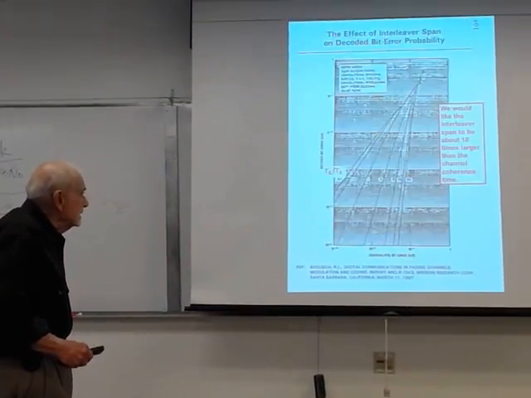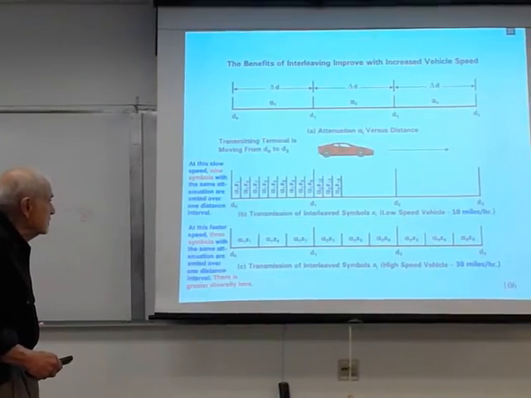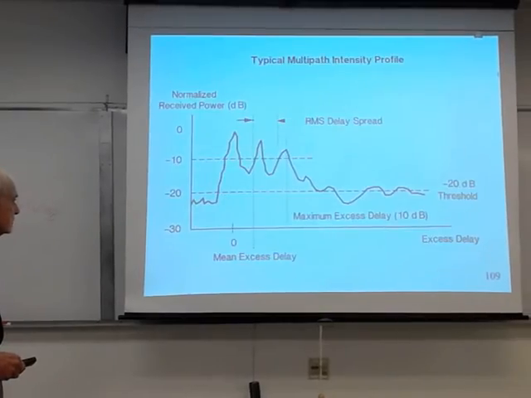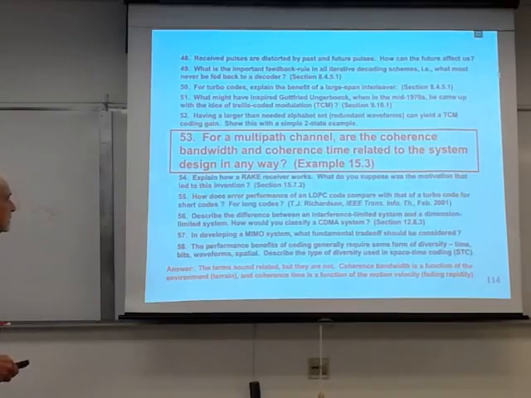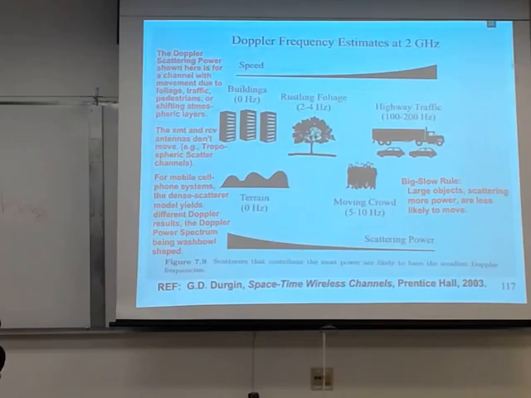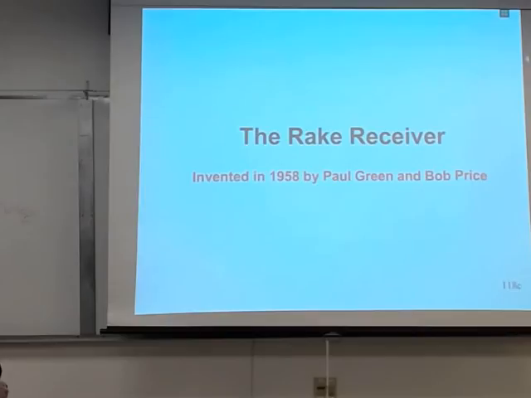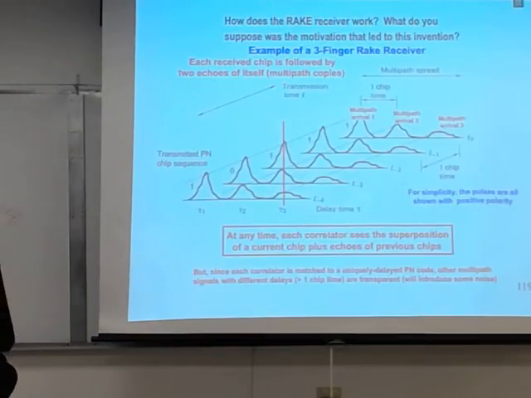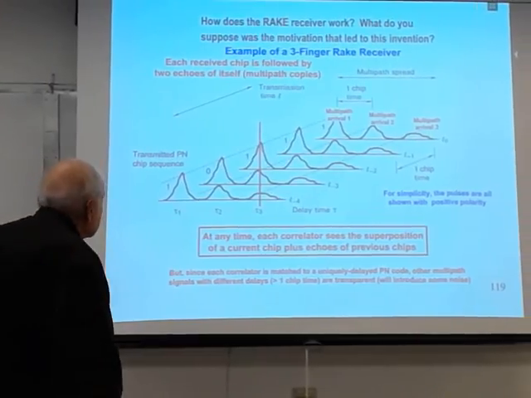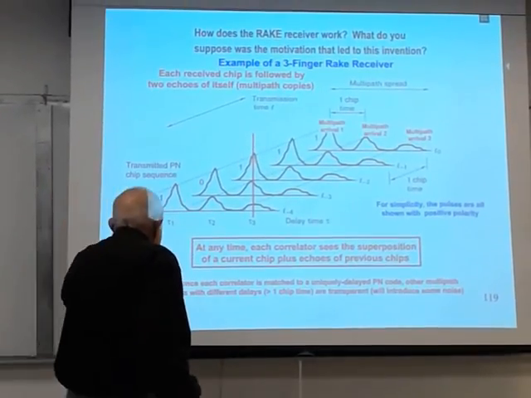So let's just go on and skip some things and go right to the rake receiver. What you see here is a little diagram that sort of says, imagine a PN sequence